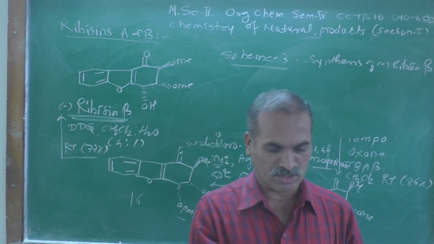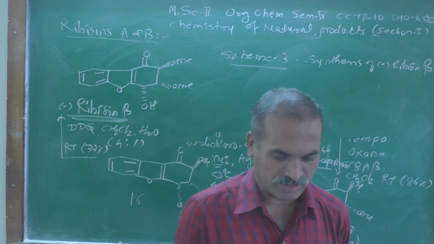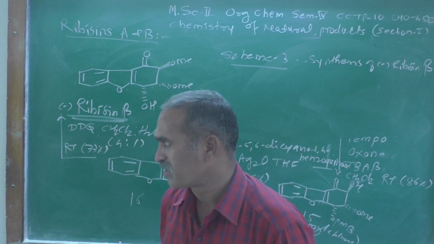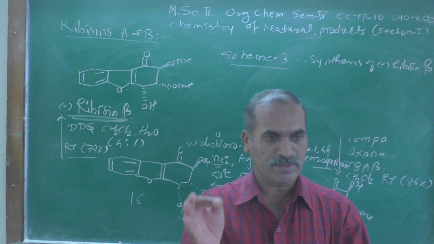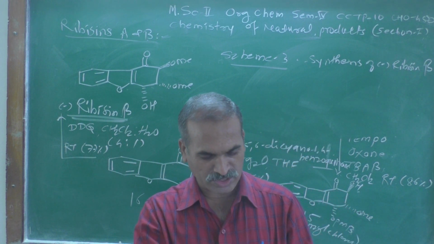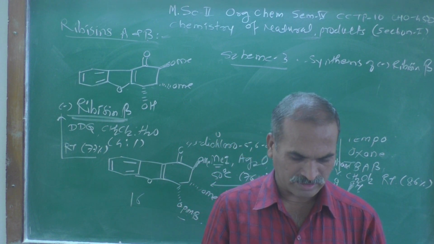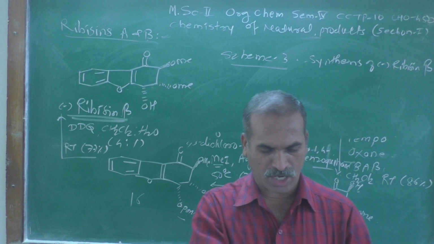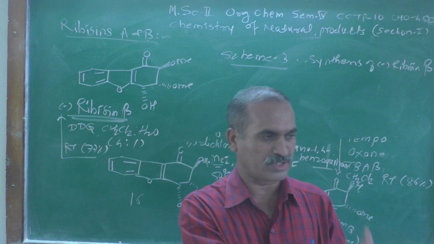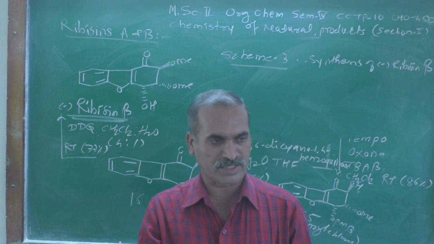Cis-diol 3 also proved to be a versatile intermediate for the synthesis of ribosine B, which is represented neatly in scheme 3, as all the stereo centers already had the correct absolute configuration. Absolute configuration, R and S configuration, are known as the absolute configuration, and in case of the